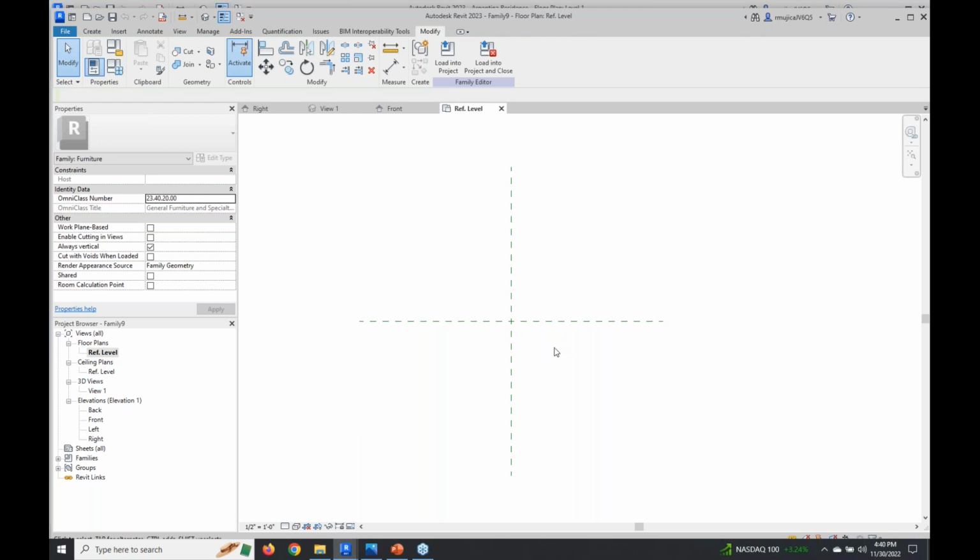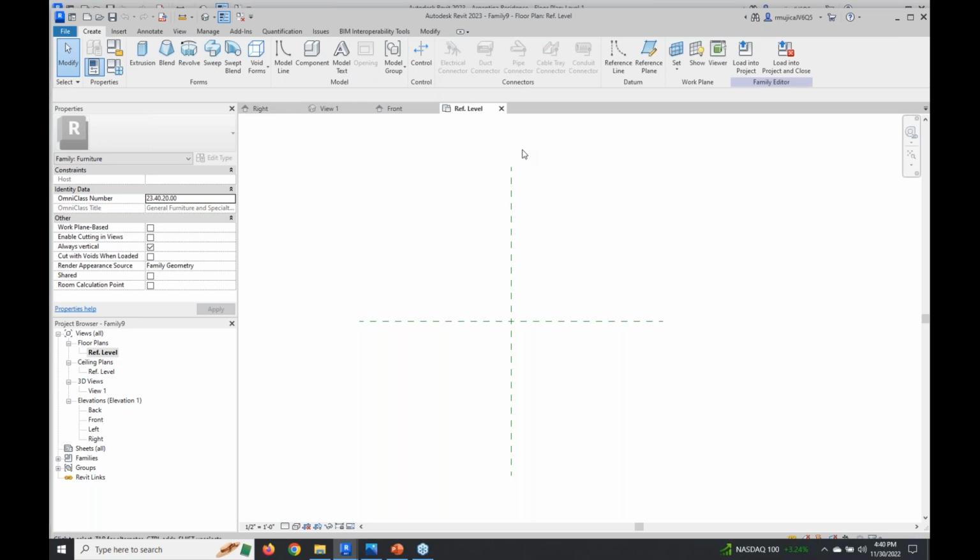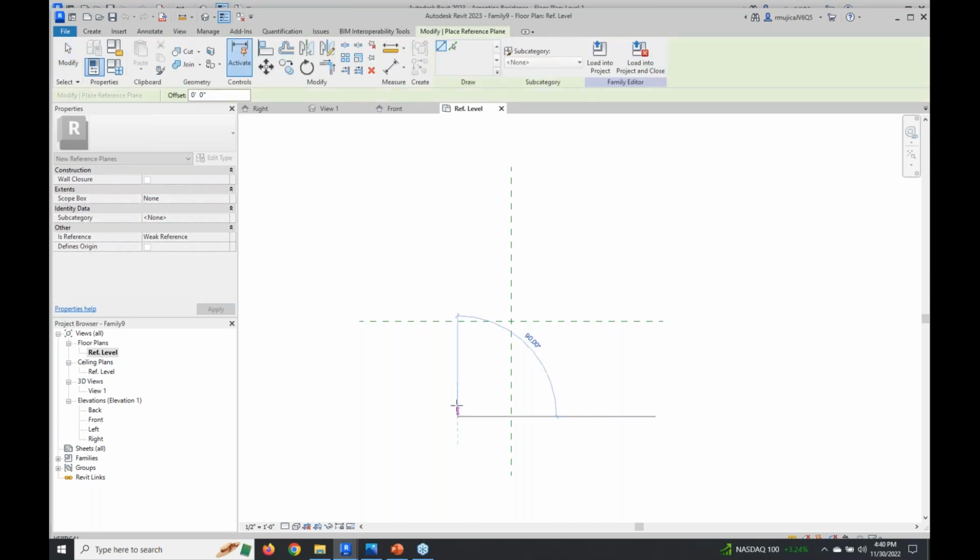So if I use that as a reference, then I will see that my counter, if you look at that from the top view, is about like this, and this kind of round here. So I would like to have that exactly here. In order to do that, we need to understand that creating reference planes will help me to create the framework for this. So I'm going to start to create some reference planes that are going to create the framework for my